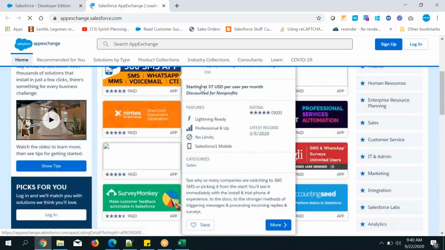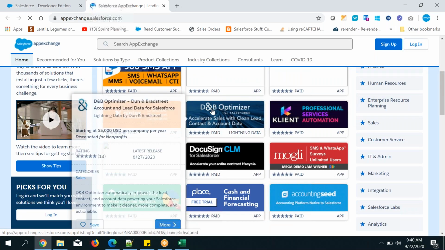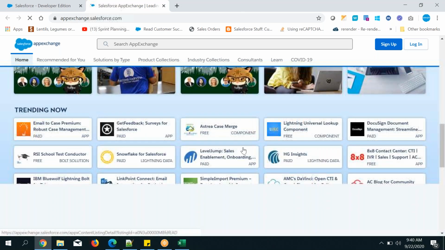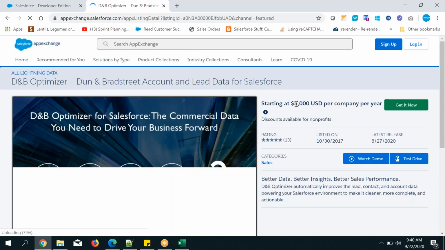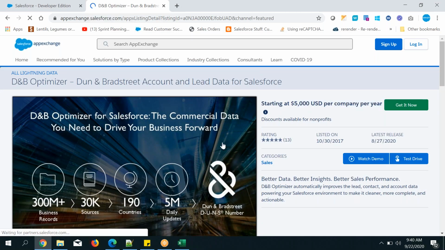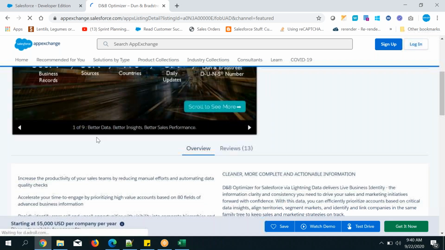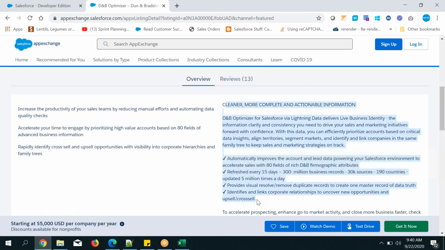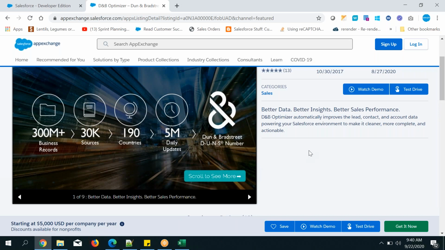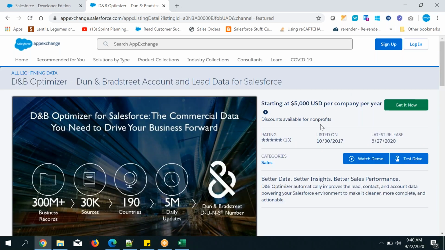Here, these are all applications. Just click on any one for sample purposes. See, thousands of applications are there. What is this one? It costs $5,000 for a year. One company created this application, and these are its benefits. If you want more information, you can call them and watch a demo. If it is useful for your requirements, you can call them, pay the amount, get it and use it.